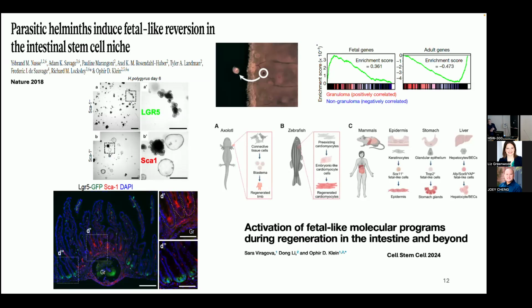And Sarah Viragova, who still works in collaborative efforts between our lab and Ophir's lab, has gone on with all the research that's accumulated since then to show that this is a conserved mechanism by which tissues regenerate without causing inflammation. That is, when you're developing, you need to undergo a lot of cell turnover and a lot of building without causing inflammation. And that's what these worms do. This is a conserved pathway from salamanders through zebrafish, through humans. And the way they do this is kind of cleaning the slate, reactivating programs that are in place.